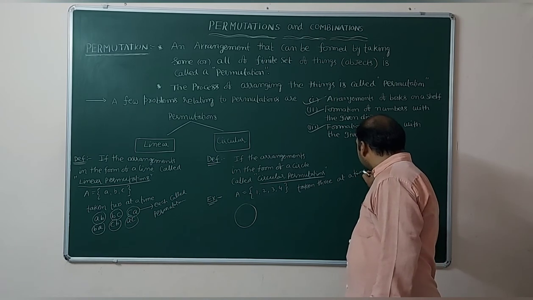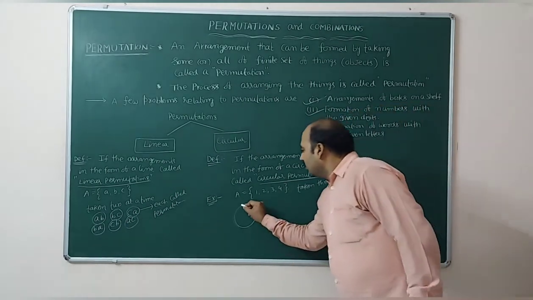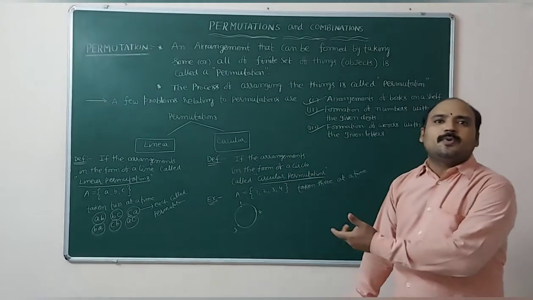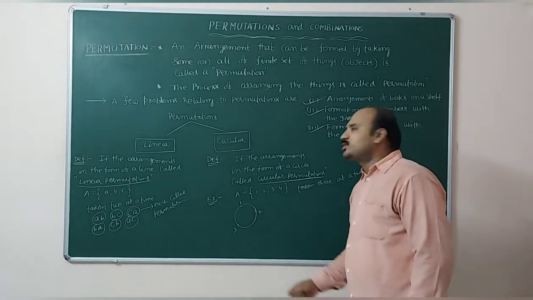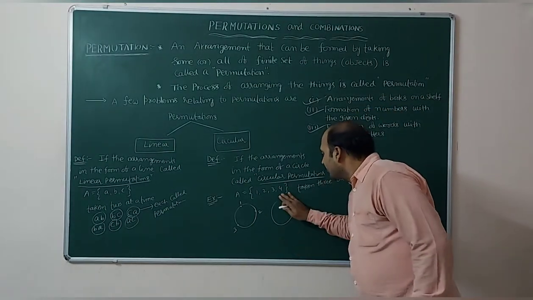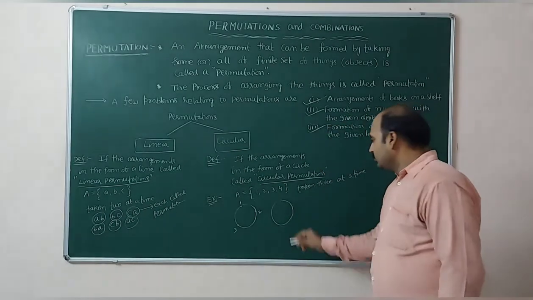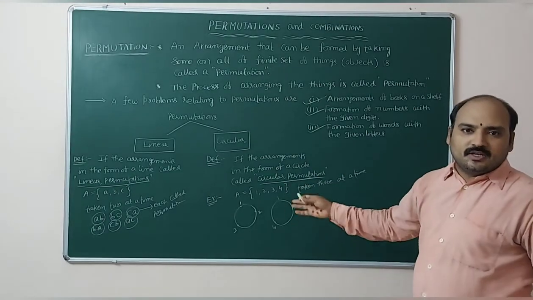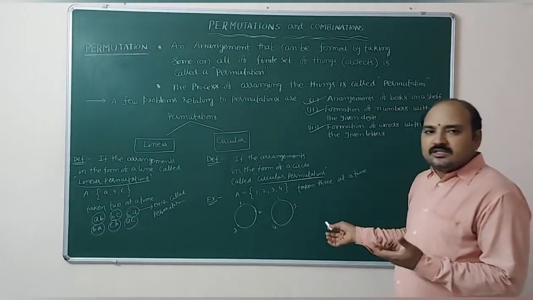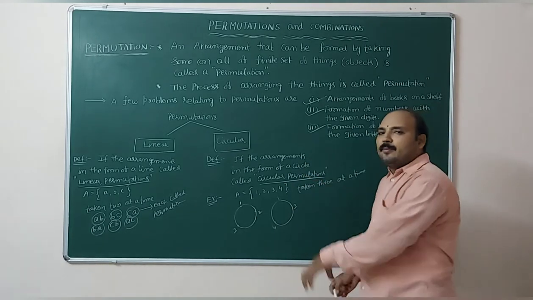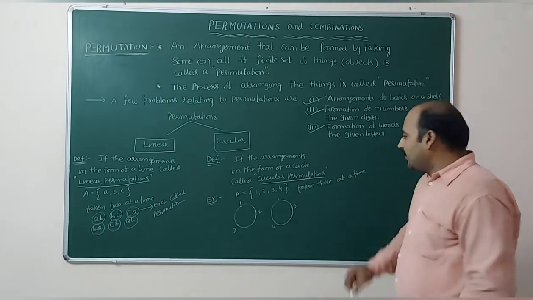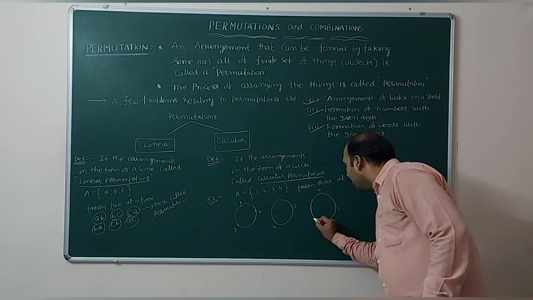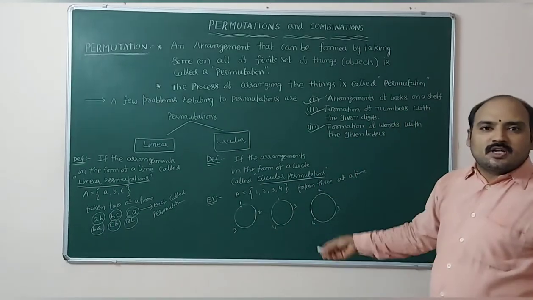So what are the possibilities? Just roughly, here I am taking 1, here 2, here 3. This is one circular permutation. Not only this one, but also 1, 3, 4. Like this also we are arranging in a circular manner. The permutations arranged in a circular manner are called circular permutations. Not only this one: here 2, here 3, here 4. This is also one circular permutation.